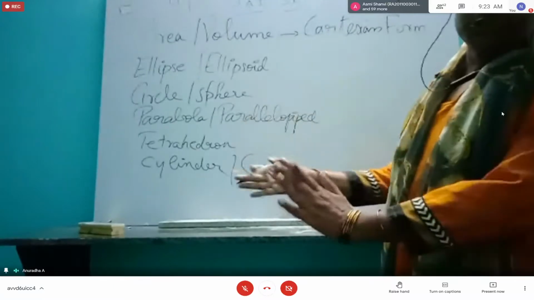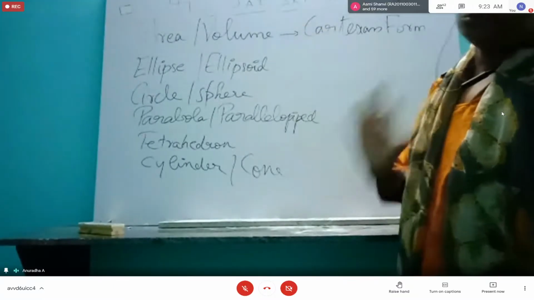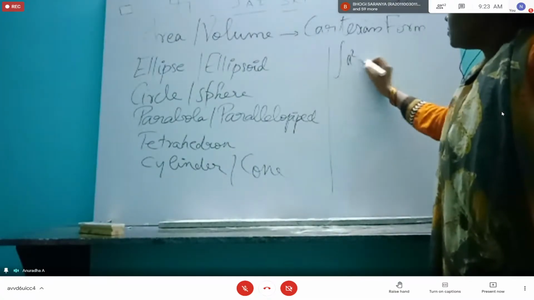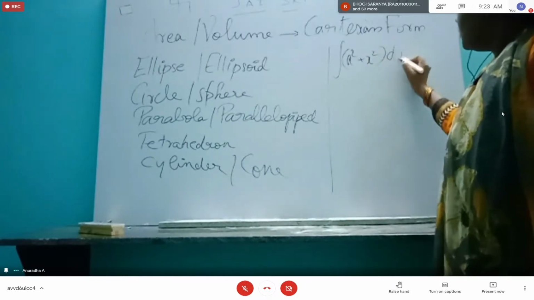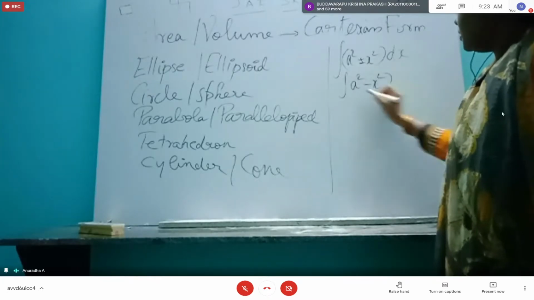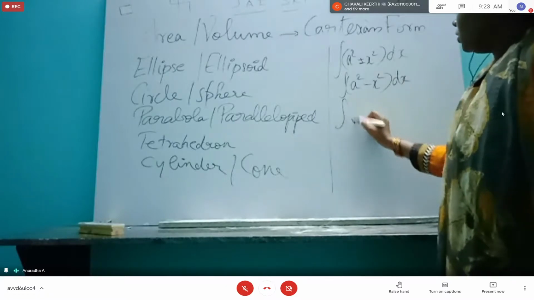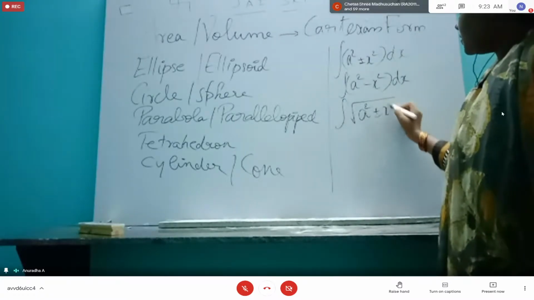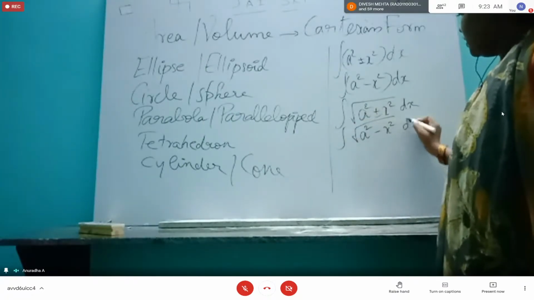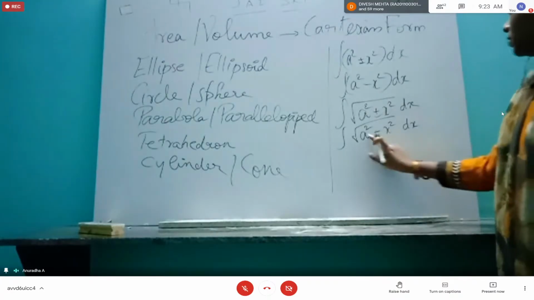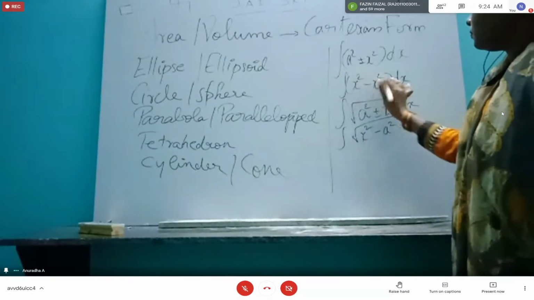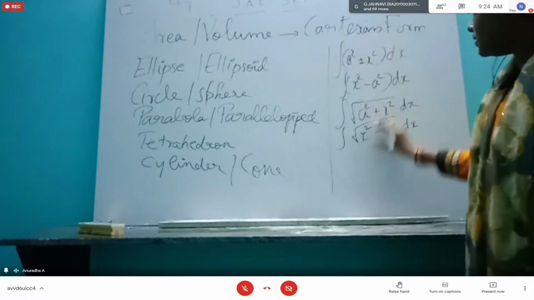So while writing x equal to what, we will obviously have roots. So we have to know the corresponding integration formulas. In general, integration of a square plus x square dx or a square minus x square dx, then integration over root of a square plus or minus x square dx, integration over root of a square minus x square dx. Sorry, I should have written x square minus a square. Then all these things in the denominator.